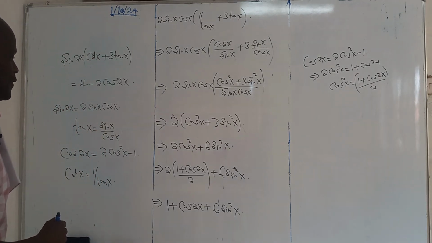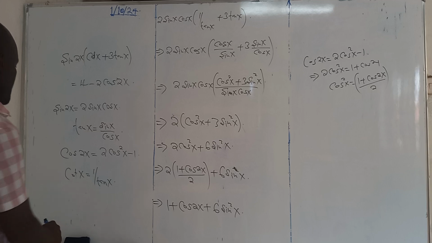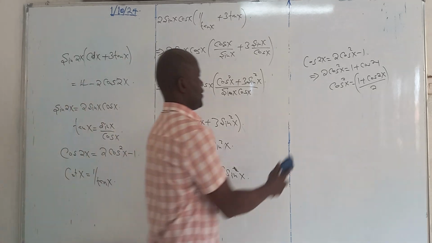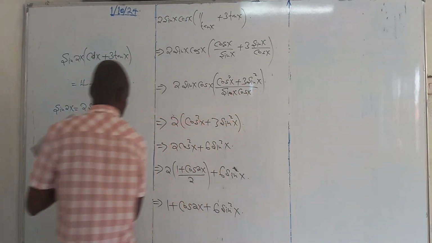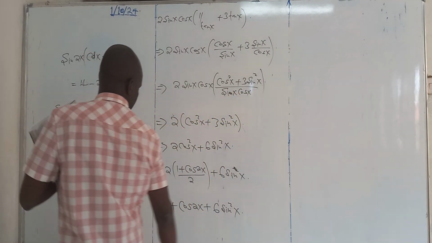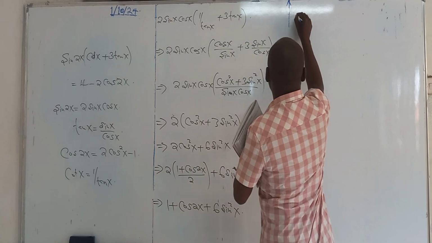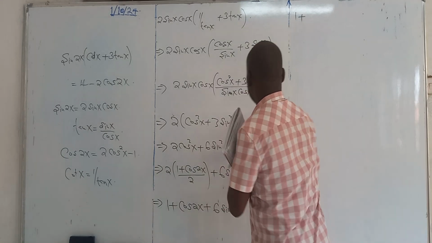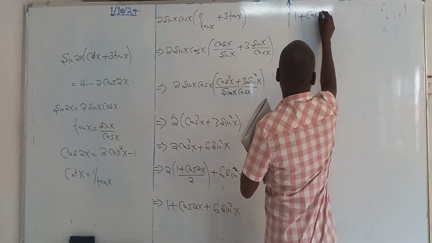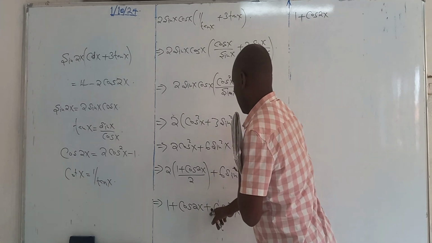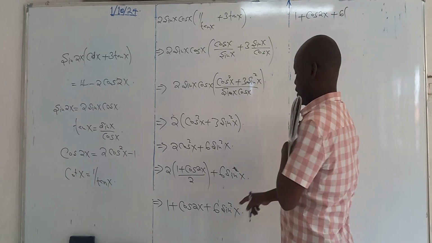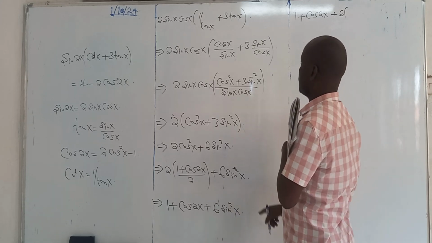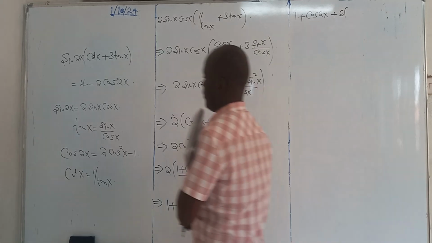So I can write sin squared as, so I say here that 1 plus cos 2x plus 6 into this is sin squared x. I want to rewrite it by remembering that